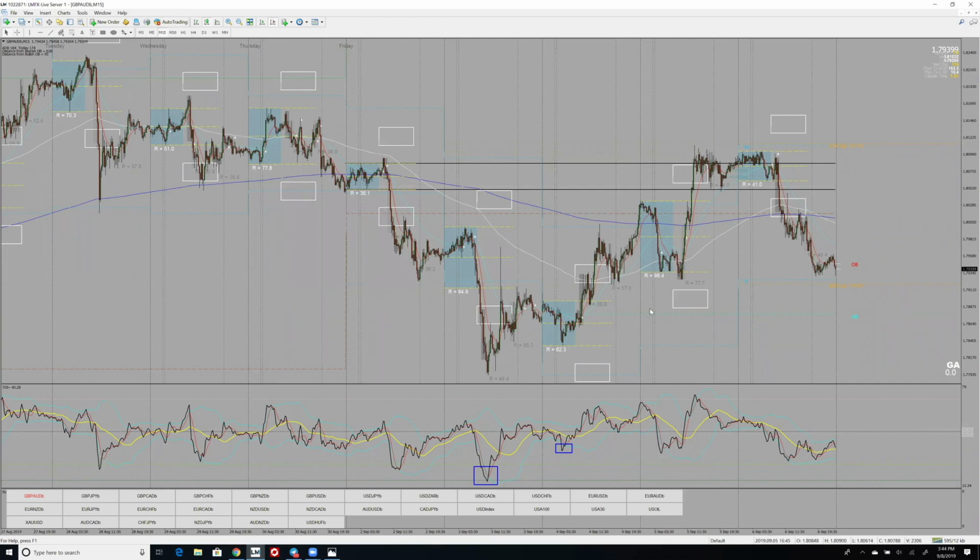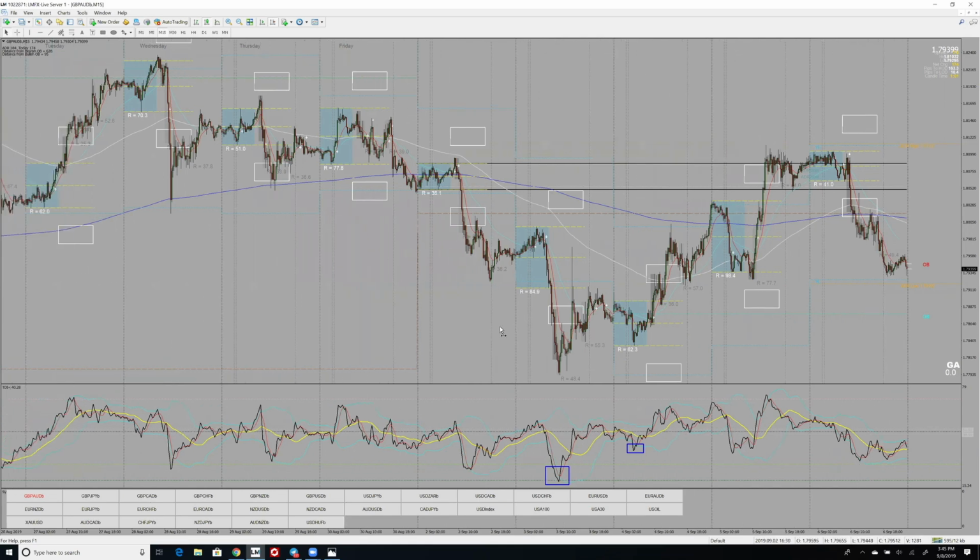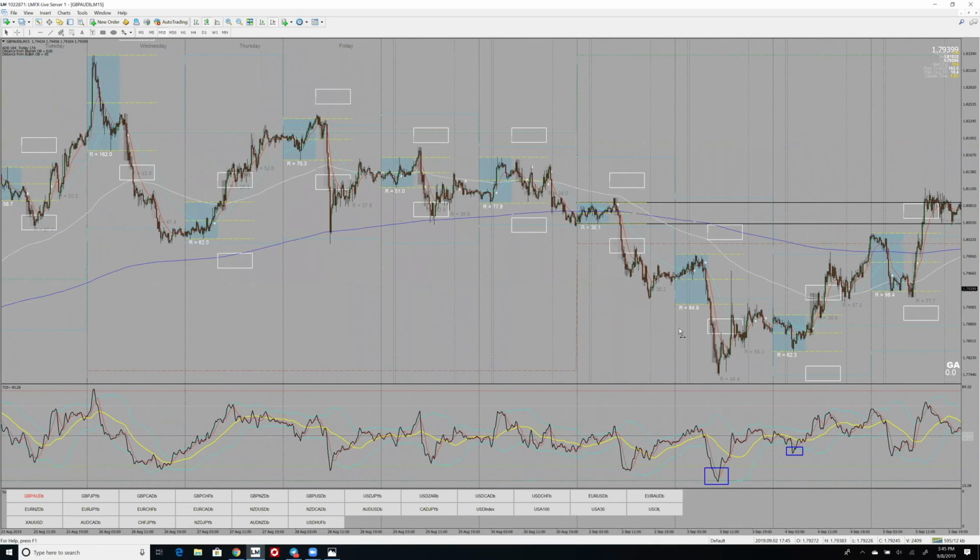No, not really. This right here wouldn't be a proper shark fin because the first leg is not really a shark fin that stands out. It's not really a huge volatile spike that stands out, right? There's nothing there. This doesn't stand out as a volatile spike. So let's move along and see what else we can find as a proper shark fin,